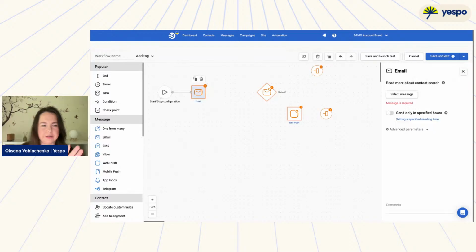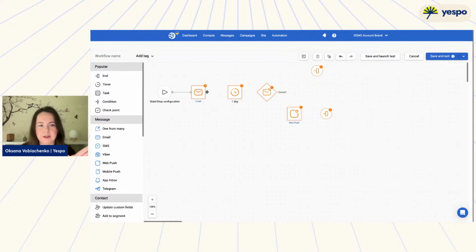Okay. So when we send the email, for example, we also want to wait 1 day. So for example, today is the birthday, and after we add additional settings about when the trigger launches, the email is sent, we wait 1 day, and then we check if